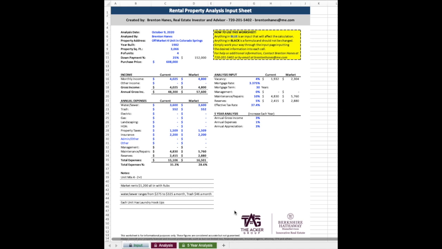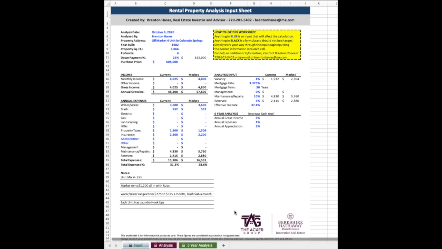So you can see we have our annual gross income, and then below that we're going to have our annual expenses, current and market rent. So anything that you want to increase, you can see water and sewer, trash, electric, all the way down. You can see on the left there, admin, other, something that we can put in, and you can type in what it is if you want to add something. Property management, maintenance and repairs, and reserves, and get our total expenses, and it also expressed as a percent